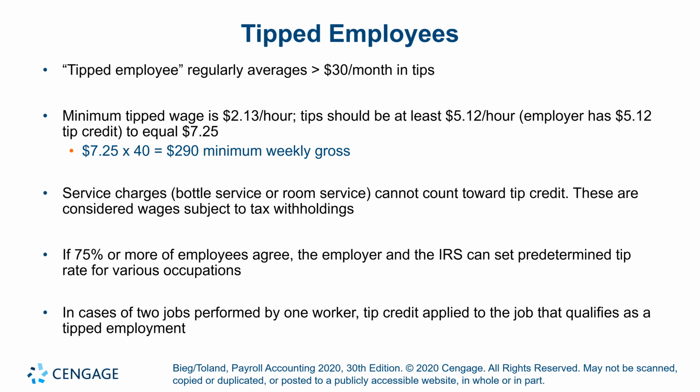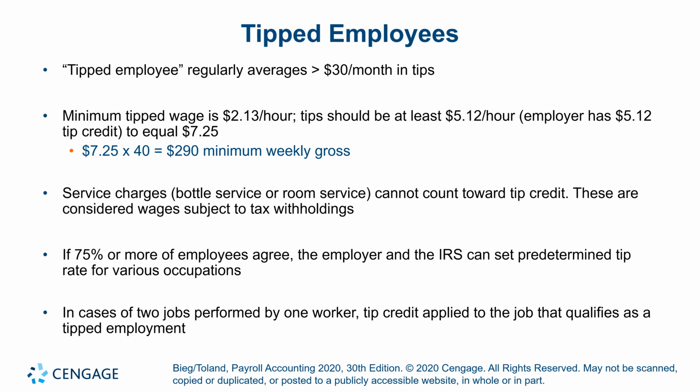The minimum tipped wage is $2.13 per hour. So that's the minimum wage for tipped employees, right? $2.13 an hour. But the tips should make up at least $5.12 an hour. So if you take the $2.13 that the employer pays, plus the tips, which should make up at least $5.12 an hour,